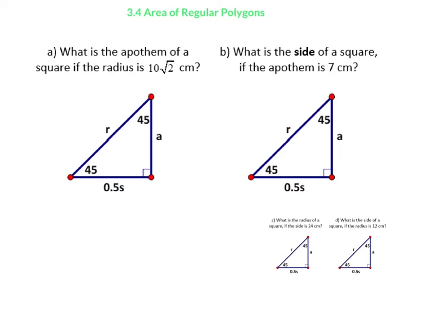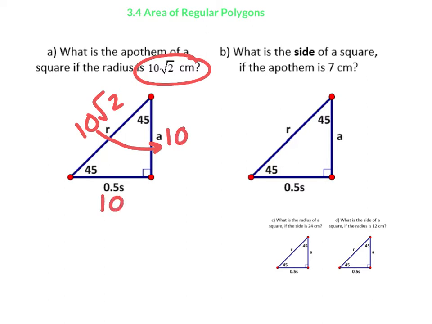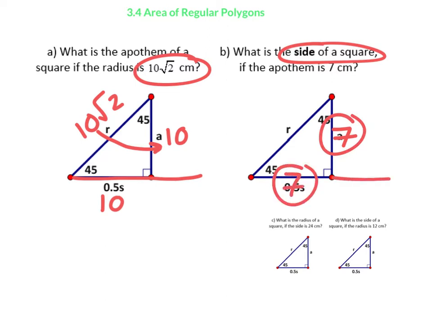All right, what did they give me? They gave me the radius is 10√2, and they would like the apothem. I know in a 45-45 I would divide by √2, and so the apothem would be 10, half of the side would be 10, and the whole side would be 20 if I wanted to know. What is the side of the square if the apothem is 7? Well, that would mean this is 7. Half of the side would be 7, and the full side of the original square would be 14, wouldn't it,